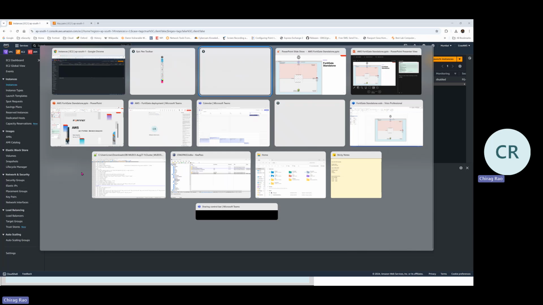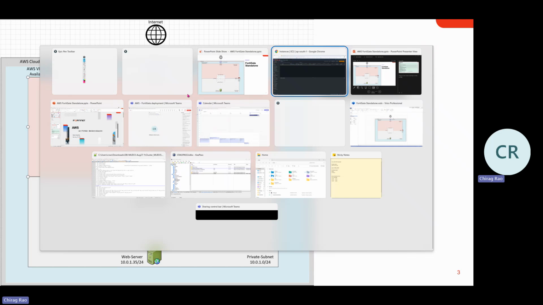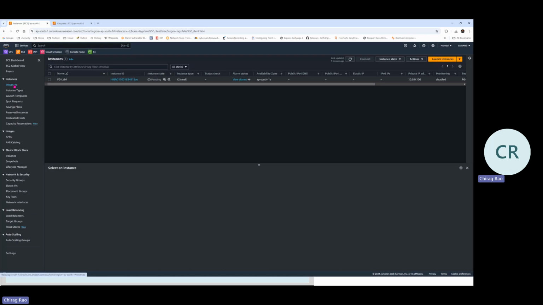Let's go back to our diagram. Let's see what is pending. So our subnets are done, route tables are done. This is done. Internet gateway is done. Okay, there is one more VM we need to create, which is our web server, or Windows server. So let's do that in the meantime. Going back to the console, once again we are on instances. We can click on launch instance,